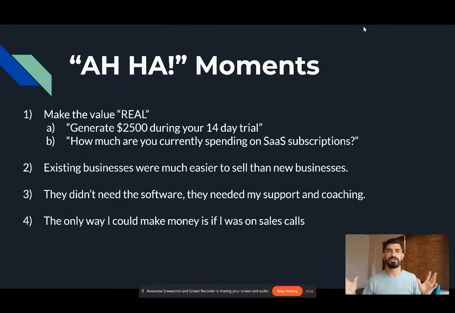Well, you can consolidate that, put that all in one system, and have it be more efficient. Well, that's a no-brainer right there. So make that cost real to the client. What is the actual dollar amount that they're going to save by working with you? And how much money are they losing by not working with you? Make that dollar amount real.